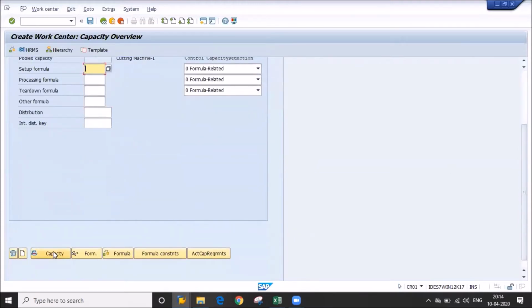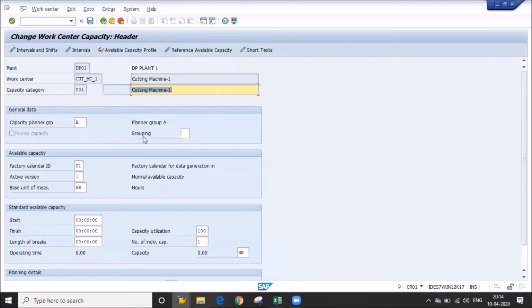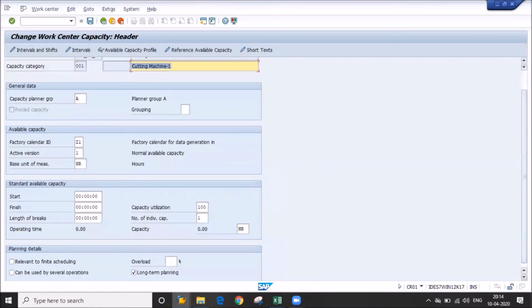Okay, from here you can check all details. This screen got pop up. So factory calendar, your working time, we can say working days, not time, working in days. If it is 365, then we have to create like this only. So already it is there.